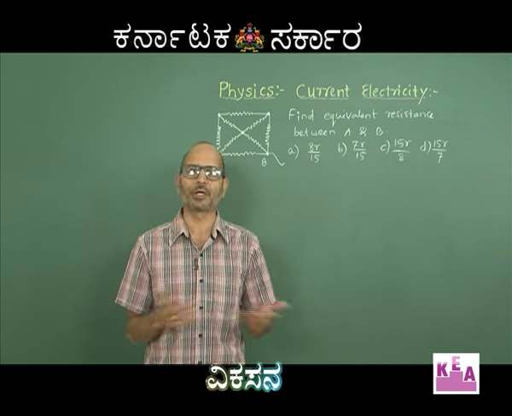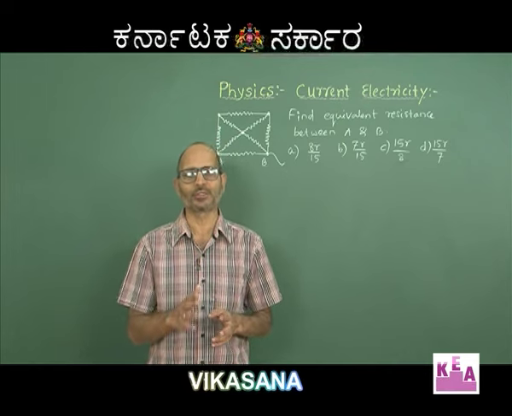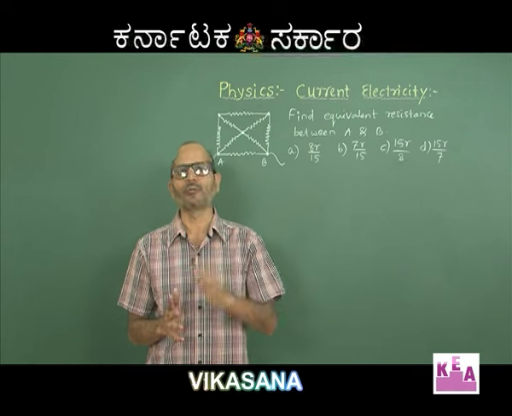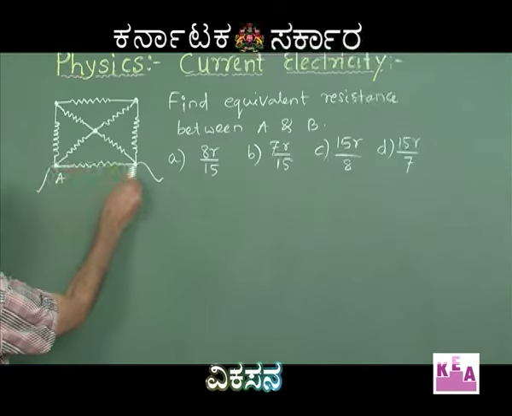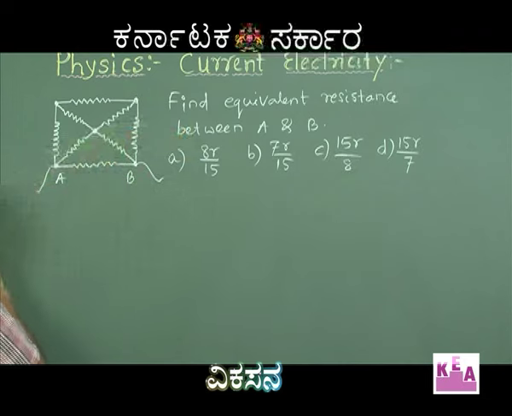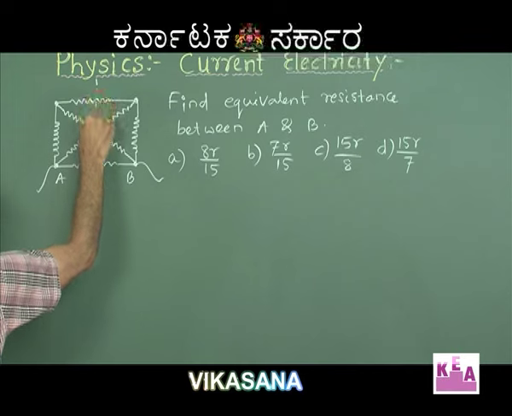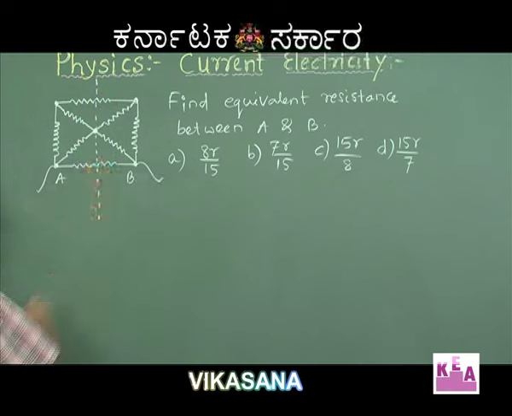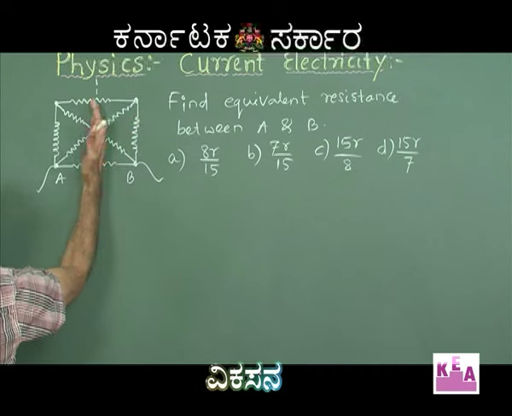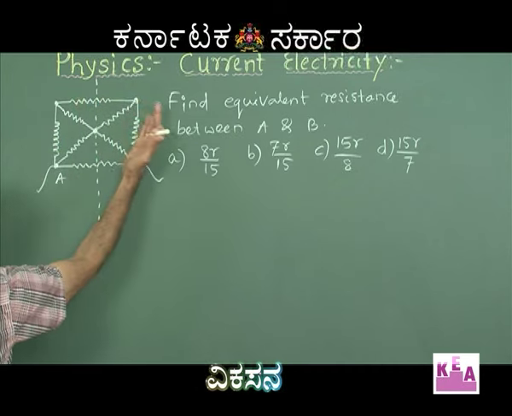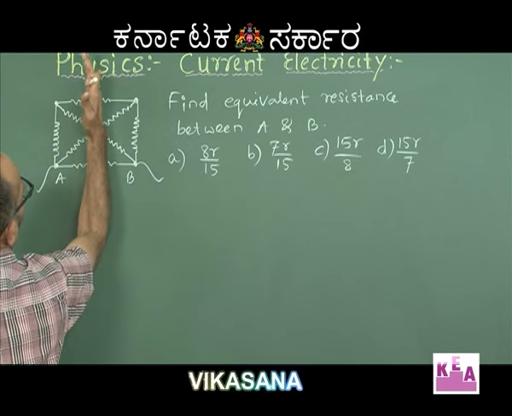Once you know that the current which flows through them is the same, you can simply remove some unnecessary joints which are creating a problem for us. Like I will show you here. See, A and B are the 2 points between whom the equivalent resistance is to be found, and this is the perpendicular bisector of the line joining AB. Now the line is the line of symmetry. Whatever you see on the left hand side of the line is the same as what you see on the right hand side. So I have imagined a mirror kept along this line.